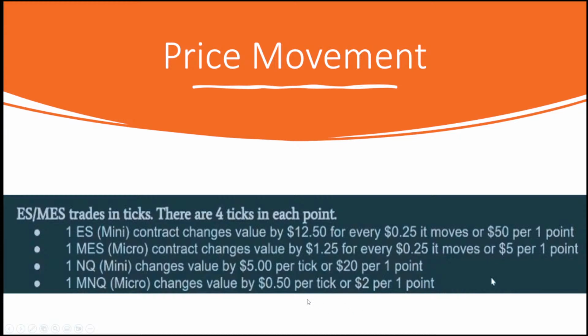So you go up one tick, you get $5. So let's say you buy at 16,000 and it goes to 16,001, you just made $20 or 1 point. Something to keep in mind here is that NQ makes less money per point. In general, I would say that NQ moves about 3 to 4, if not 5 points per 1 point of ES. So it is much, much faster than ES. So that is something you've got to keep in mind too.